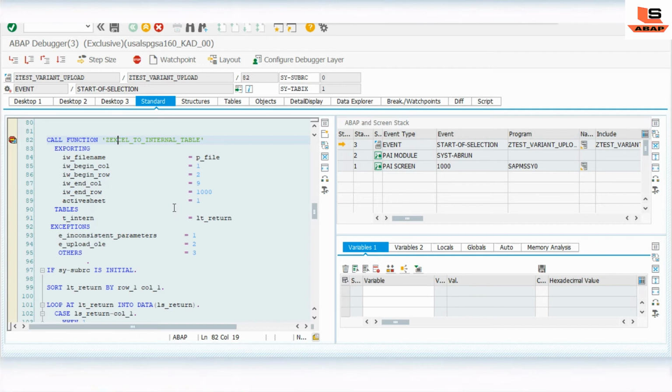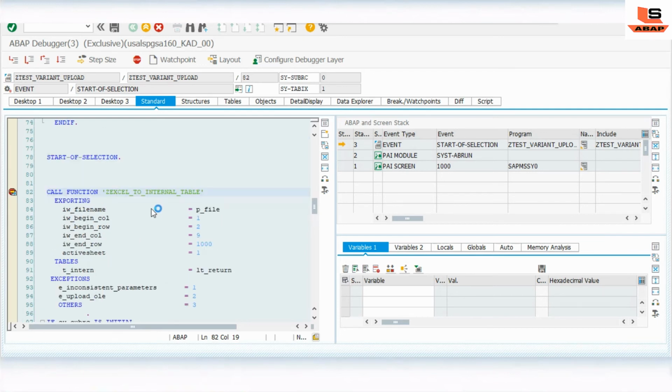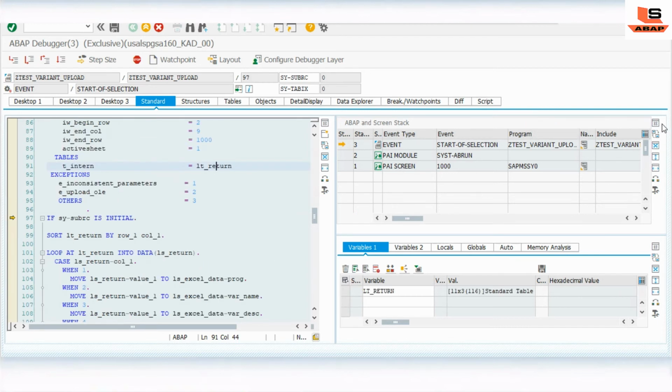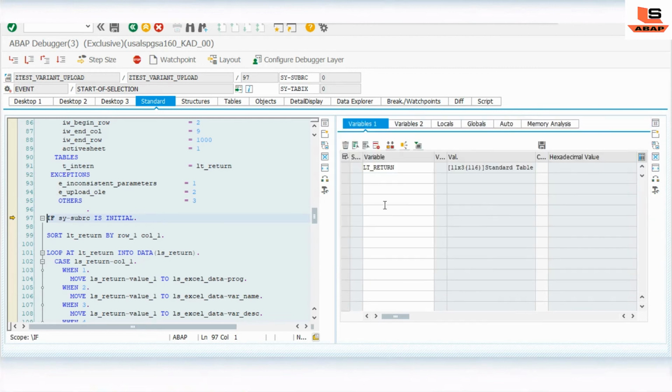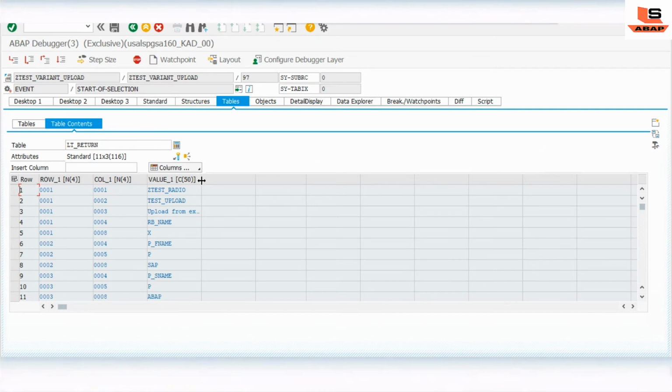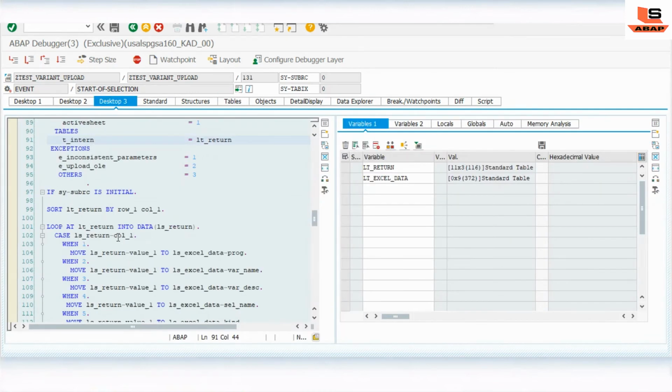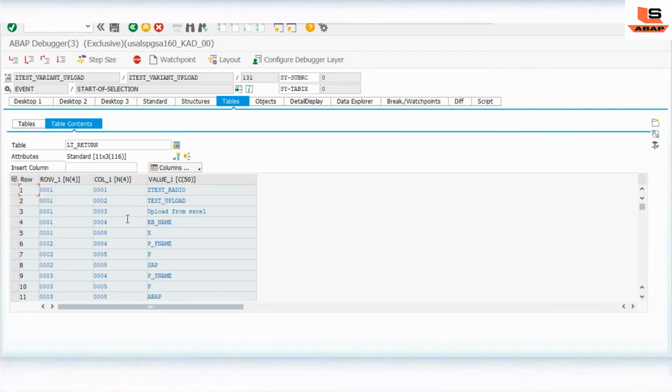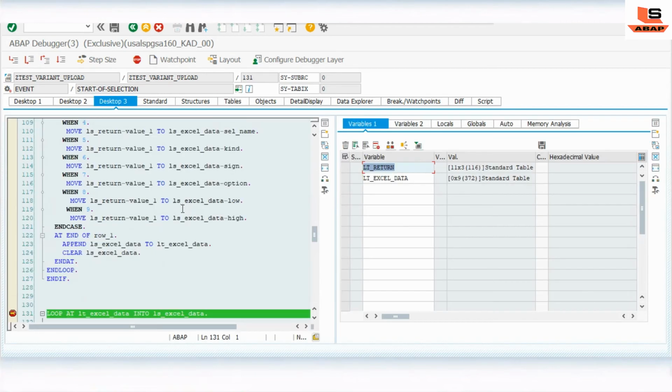Okay, so we'll F6. In this LT return, as you can see, 11 rows. So as you can see inside the LT return we have this data. Whatever data we have in this Excel file, it is coming over here. Now it's not readable for you also, right?